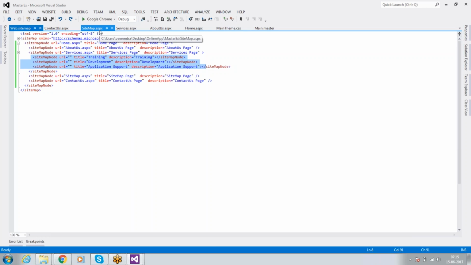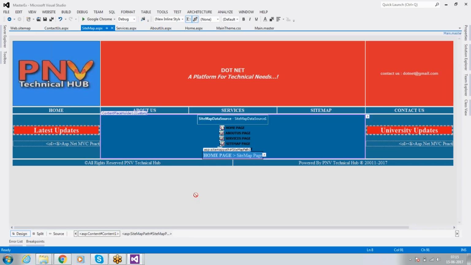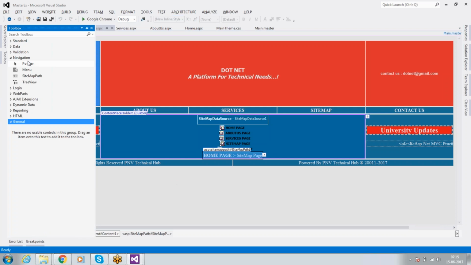From the web.sitemap page, in order to display this information, you can get the views itself. Views are available in navigation views. You can take a tree view or menu or sitemap path, anything that you can take, but a tree view is the best option to display all the elements related to your web page.